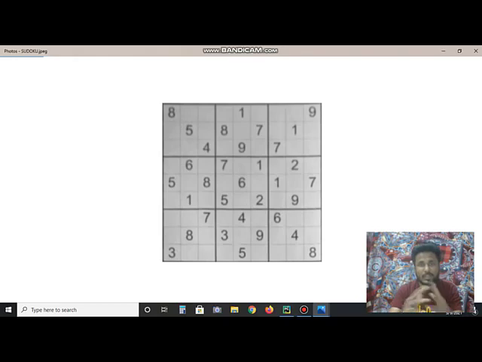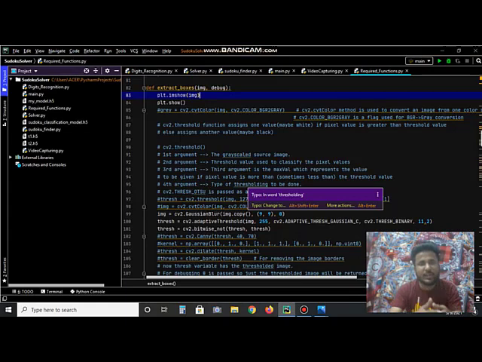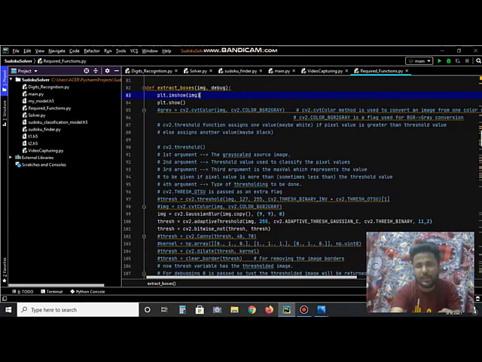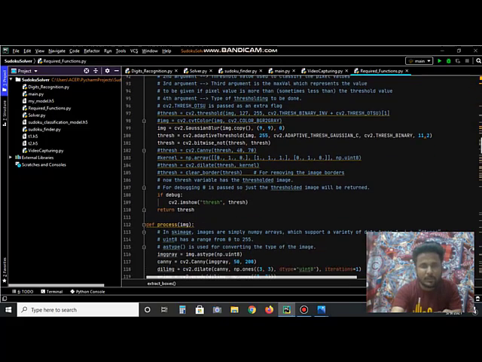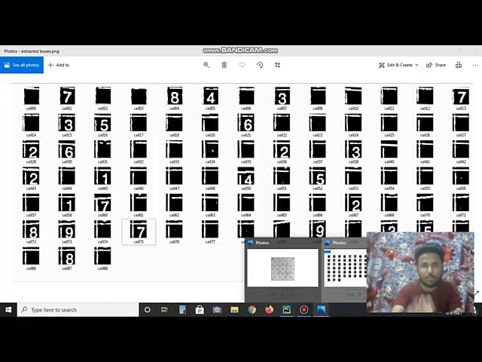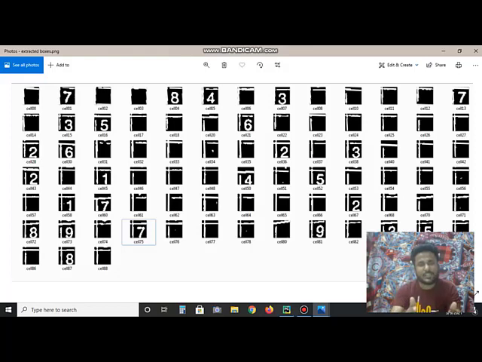So to accomplish this task, we have this extract boxes function. So this is the extract boxes function, and it will take the extracted Sudoku image as the input and will give the thresholded image as the output. So the thresholded image is the image of the extracted boxes of this Sudoku piece, and once all the boxes are extracted, our final extracted image of the boxes will somewhat look like this. So this is the image of our final extracted boxes of the original Sudoku piece, and here in some of the boxes numbers are present and some of the boxes are empty.